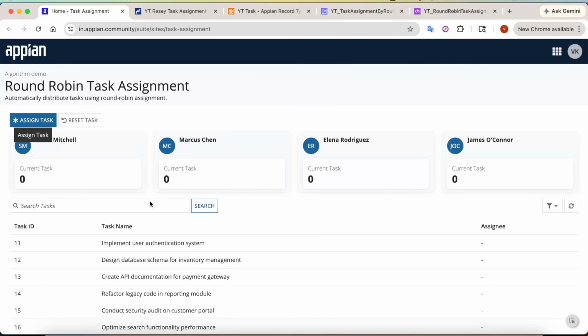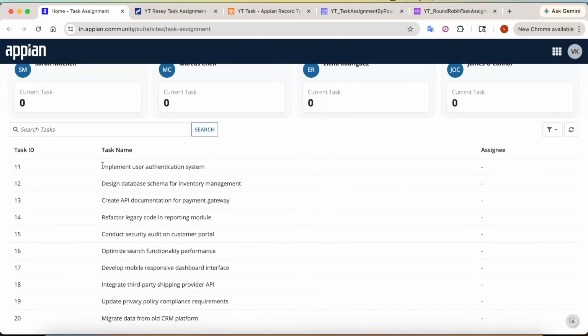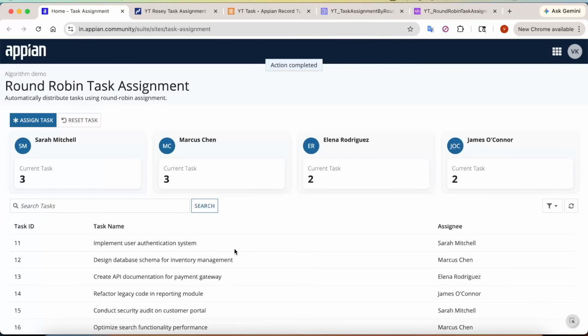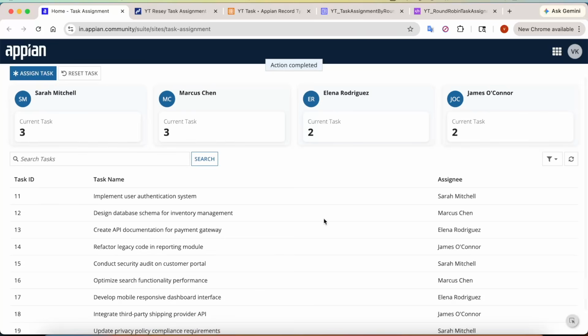So what will assign do? When I click on this assign task, automatically for each task one assignment will be present here, meaning the employee ID will come here. So let's try the assignment first. Click on assign here. So I am trying to assign, and you can see here, as soon as this action